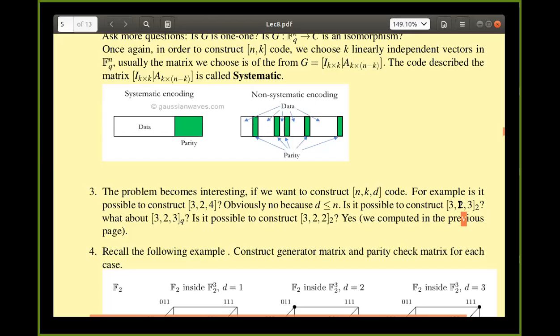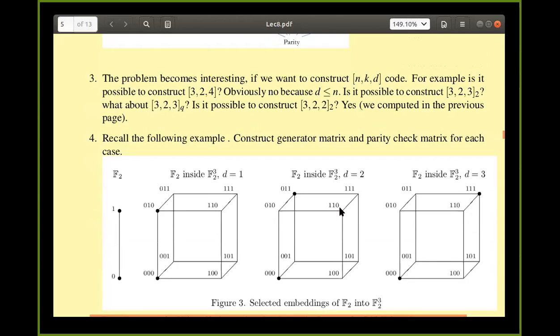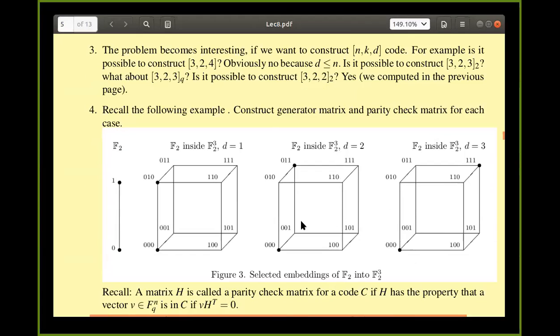Okay, but is it dimension 2? What is this k? Oh, no. Dimension is 2, right? This k is telling that F2 power k. You are mapping F2 power 1. So actually what you are doing is this. Here you see that last time also I gave this map, right? What is it that you are doing? You are putting F2 inside F2 power 3.